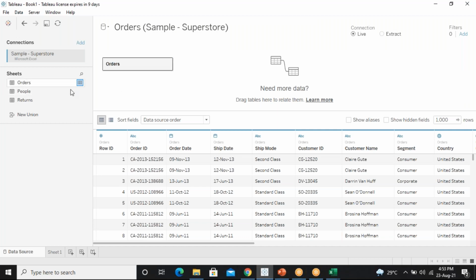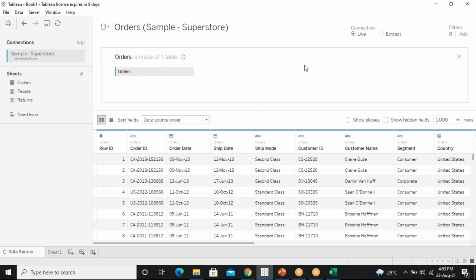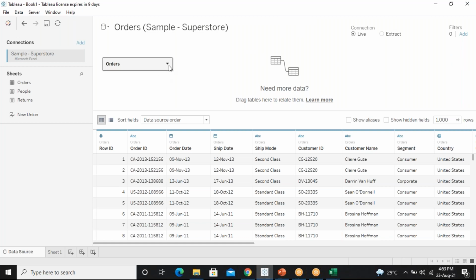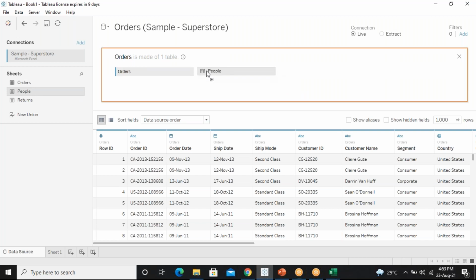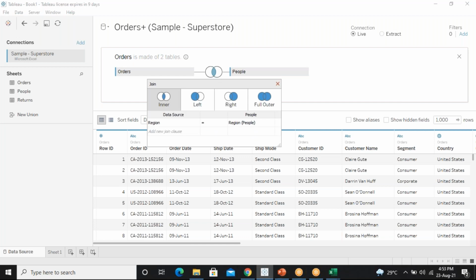Okay. So I've taken the order sheet inside. If you take the order sheet inside, do a double click, or else just click on this arrow mark and click on open here. I did double click here, so I'll get one box like this. Or else you can do it like this. Click on open, so this will open like this. Then take this people sheet and do it like this. Keep it next to that orders. So automatically for you joins will be opened.